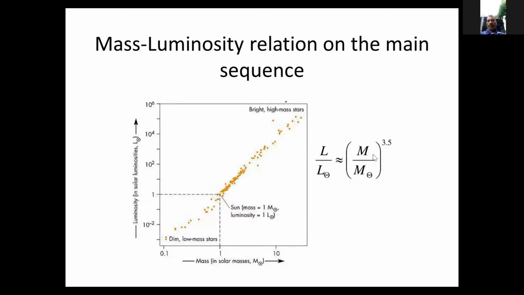This means that a modest increase in stellar mass leads to a strong increase in temperature and pressure in the core. Since the rate of nuclear reaction depends sensitively on the temperature, the rate of fusion and energy release goes up sharply with the increase in mass. This picture shows the luminosity mass variation for main sequence stars. Main sequence stars, we know, are the ones which are still alive; they have not reached their death.